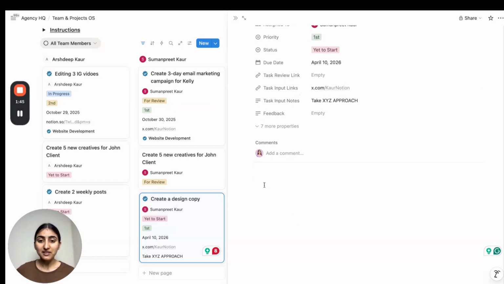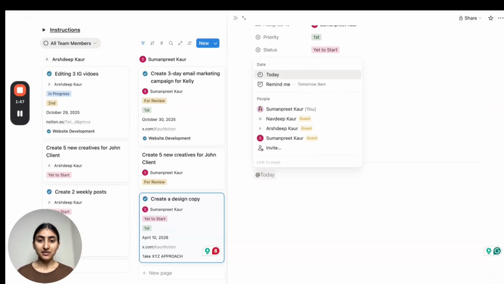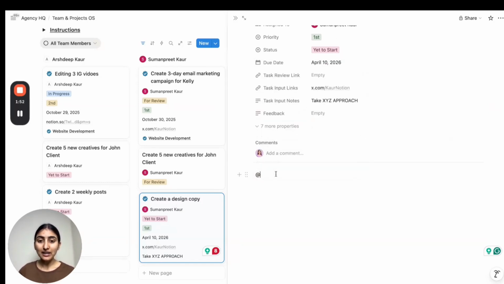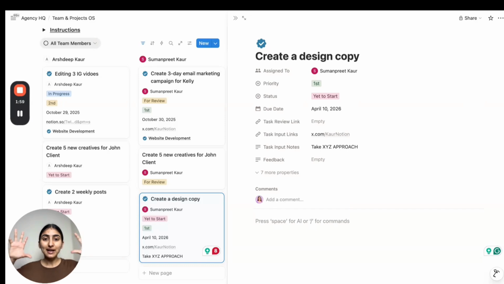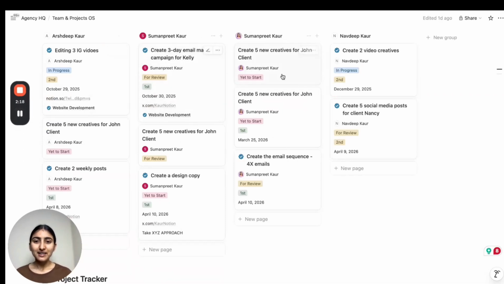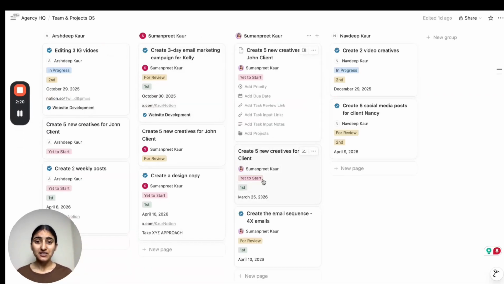Otherwise, you have open space here. You can directly tag that person, anyone from your workplace, that team member, and then you can give feedback and continue communication here regarding this task. So this is how we just brought everything into one place instead of having conversations in WhatsApp and Slack and transferring things across any project software. Now we got everything in one place. You can directly make any kind of changes here and your team members as well.